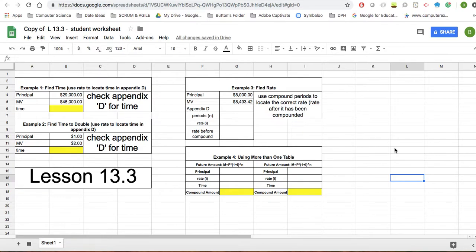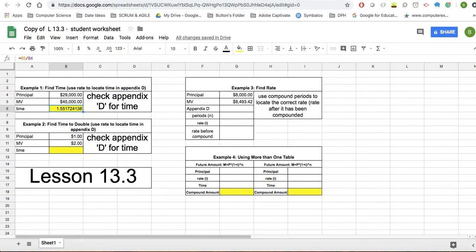What we're doing is we're looking to find time and rate. So some of the pieces that we've already been provided in the past, now we need to look at how to locate them. So in example 1, we have a principal of $29,000 and a maturity value of $45,000. What we're looking to find is our time. So the way we're going to do this is we're going to go equals, divide principal divided by maturity value. I apologize, it's going to be the other way around. It's going to be maturity value divided by principal,